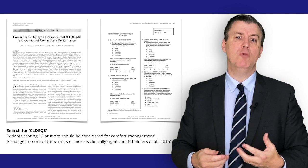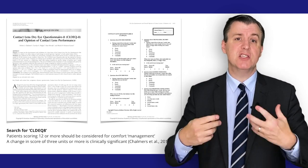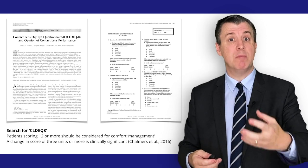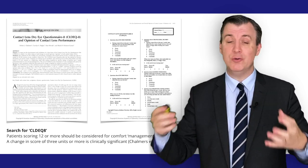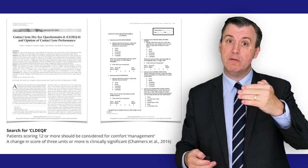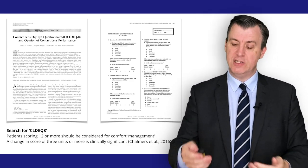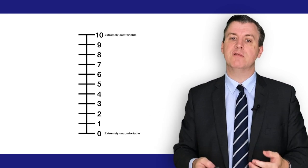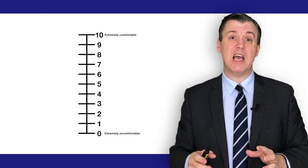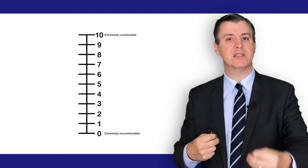What can we do more clinically? Well, I do think this is something we need to be addressing at every contact lens aftercare visit, asking our patients about discomfort. We can use the CLDQ8 questionnaire if we want. If they're getting a score of 12 or more, then we need to be doing something about it, or we can ask for a more simple 0 to 10 scale. I think it doesn't really matter how you do it, but I think it needs to be addressed, and not